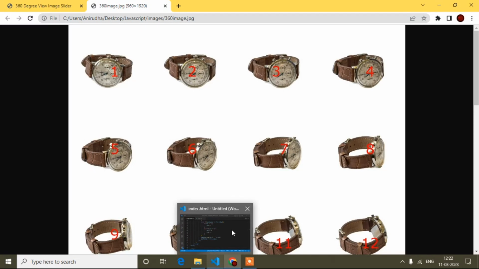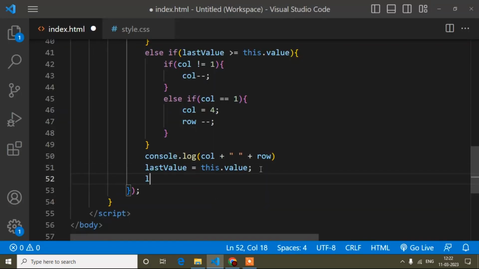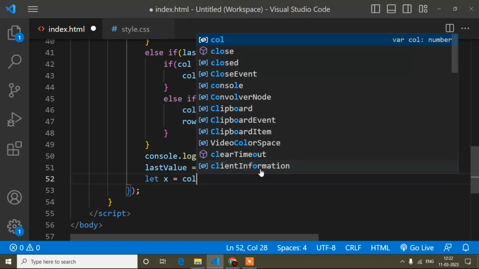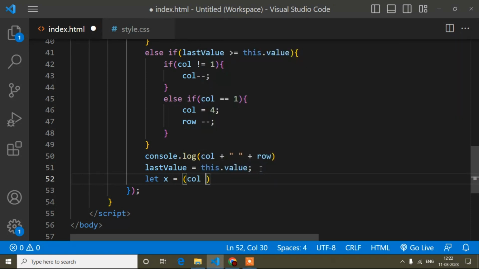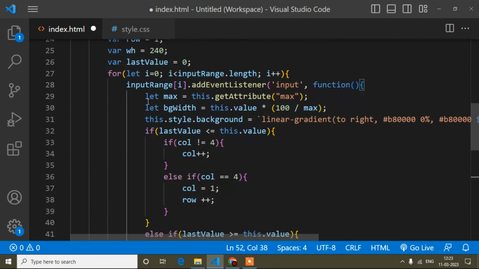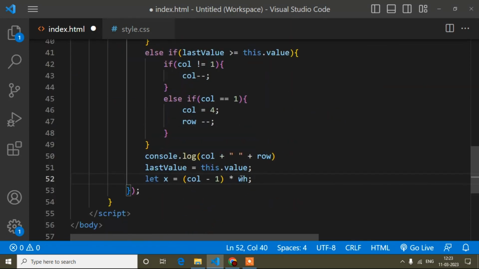So here I have to write one variable, let x equals col minus 1 into width. What variable did I take here? This one. Because here I have to increase and decrease width-wise, X means width.